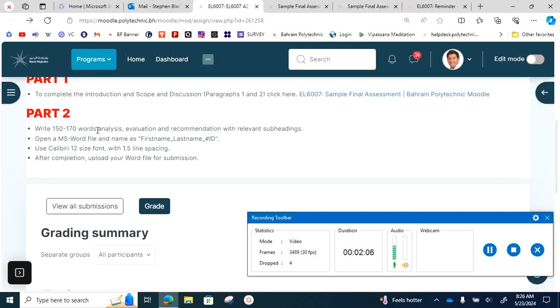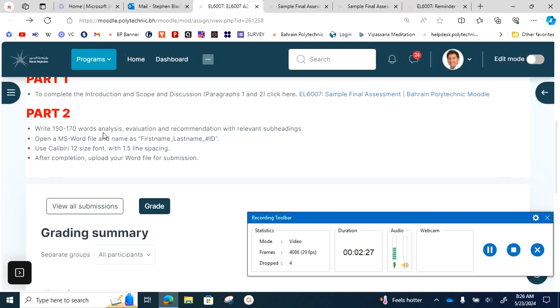You must have a heading analysis, and then a heading evaluation, and a third heading recommendation. Okay, so you have to open a Word document and save it with your first name underscore last name